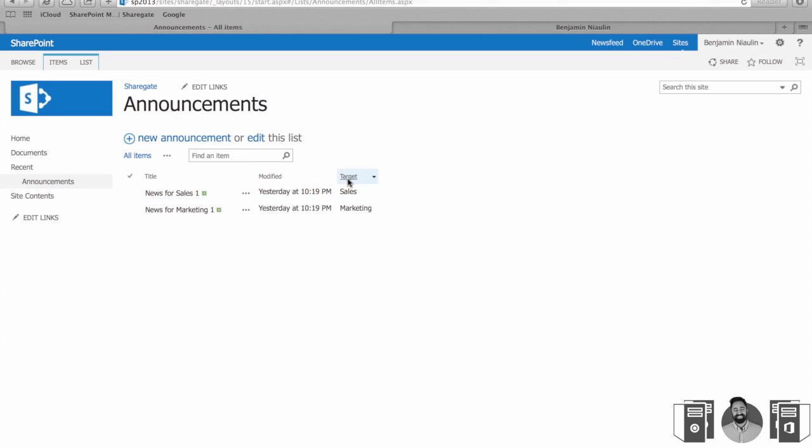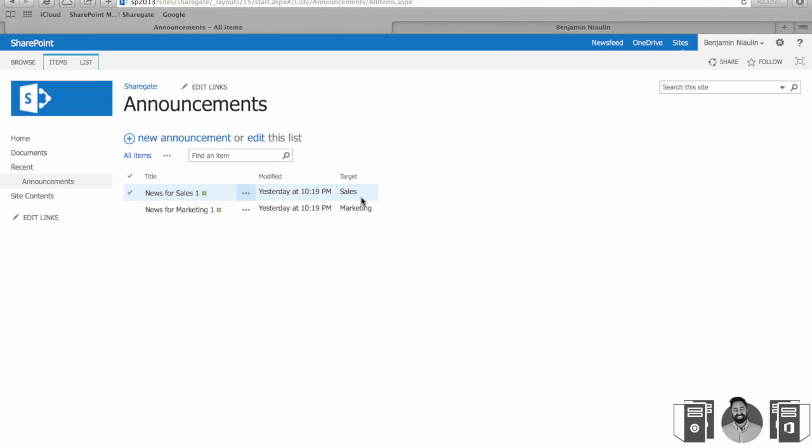So I've created a site column, and I did this because I need this to become a managed property, because search only works with managed properties, not with crawl properties or the columns you create. You have to make sure that a managed property is available for the data that you want to use for filtering, for displaying in the results, and so on. So I've created a site column called target. I know, I like imagination. I mean, it is what it is. And for that, I have two announcements, one for sales, one for marketing, and I targeted with the right words